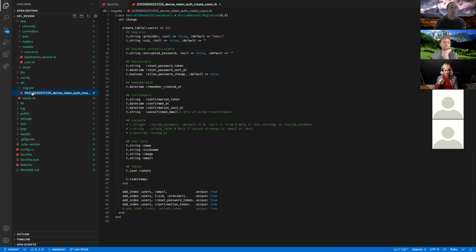It creates a migration to create this table. So when we migrate, it will add that in there. So the next thing that the documentation says for us is we have to add one line to the user